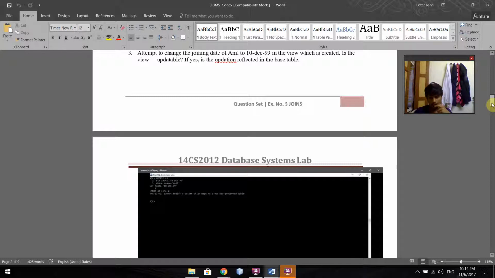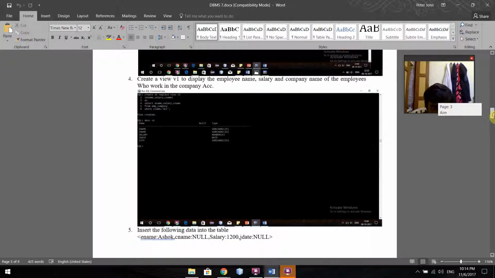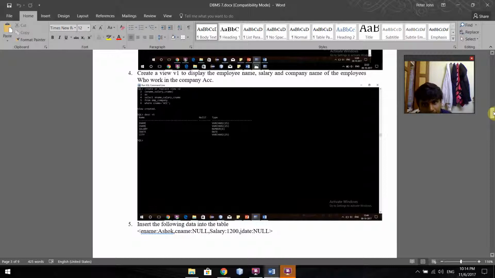In this one, as you can see over here, it will be update set joining date is equal to 10 December 1999 where employee name is equal to Anil. You can see the error: cannot modify a column which maps to a non key-preserved table. Next, create a view to display the employee name, salary, and company name of the employees who work